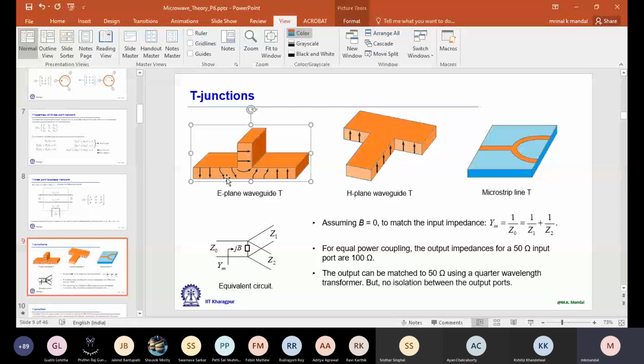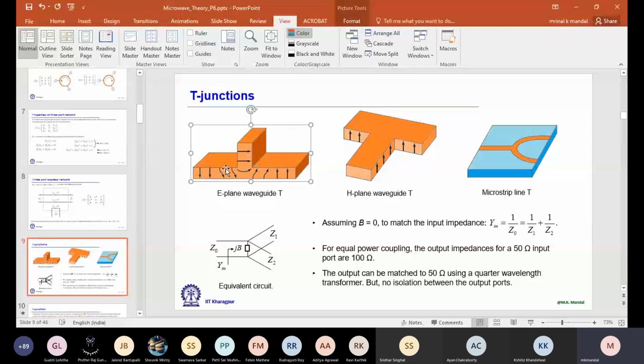How do we define E-plane or H-plane? It is very much similar to antenna radiation pattern. You recall, for antenna radiation pattern also, we defined E-plane radiation pattern and H-plane radiation pattern. So in the E-plane, electric field is parallel, or we sometimes use the word that it contains electric field. So we use the same concept here. So if I consider a plane as shown here, then it is actually E-plane, parallel to the electric field.